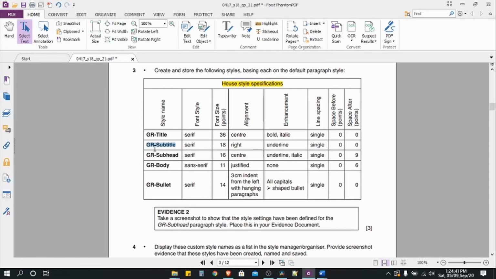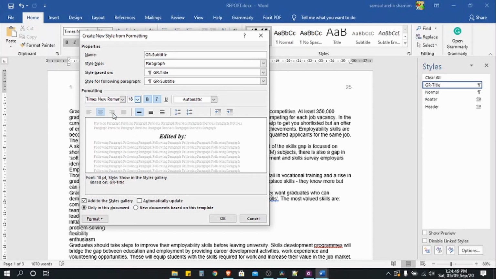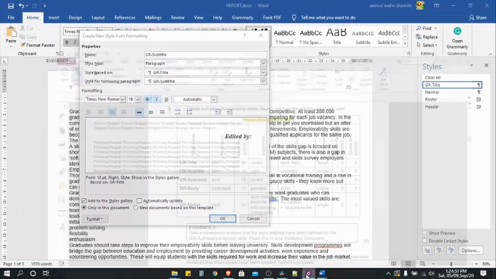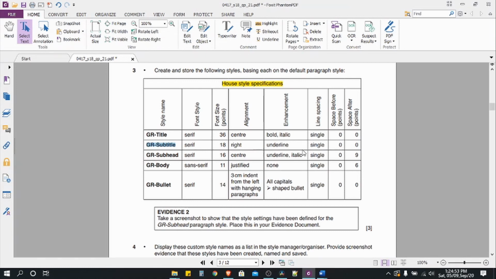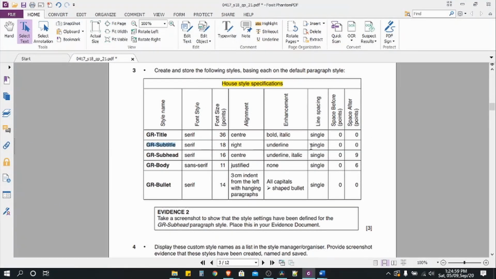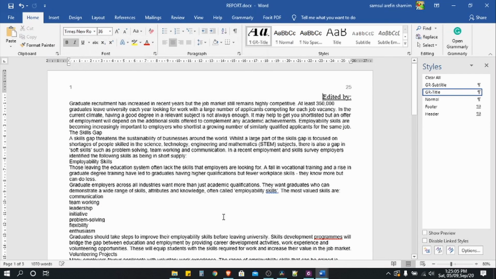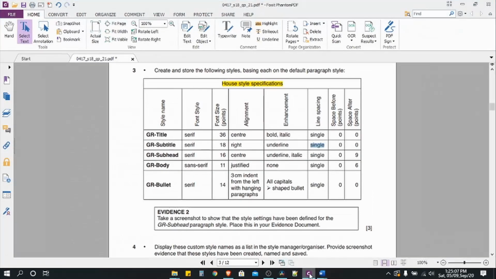and as it said, serif, that's Times New Roman 18, right alignment, and it is just underline. We need to use the enhancement, only the underline. Single line spacing is given and there is no other change we need to make over here, so hit the OK button. In the next question, GR subhead,